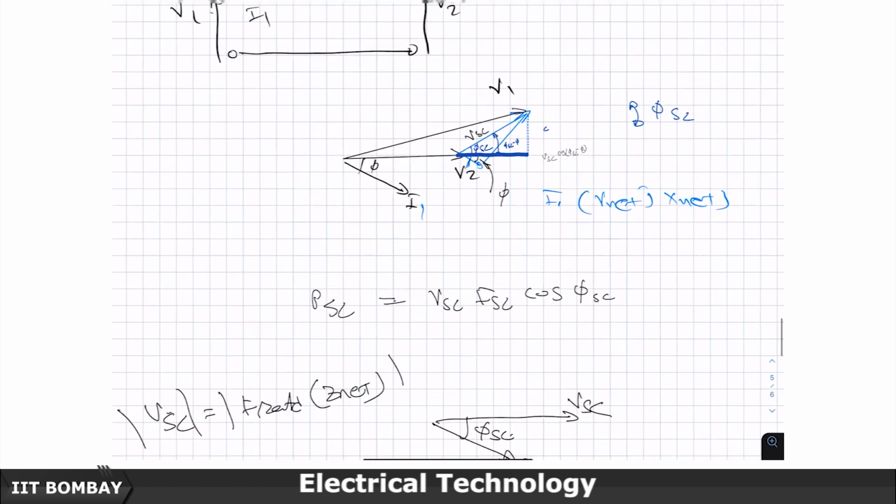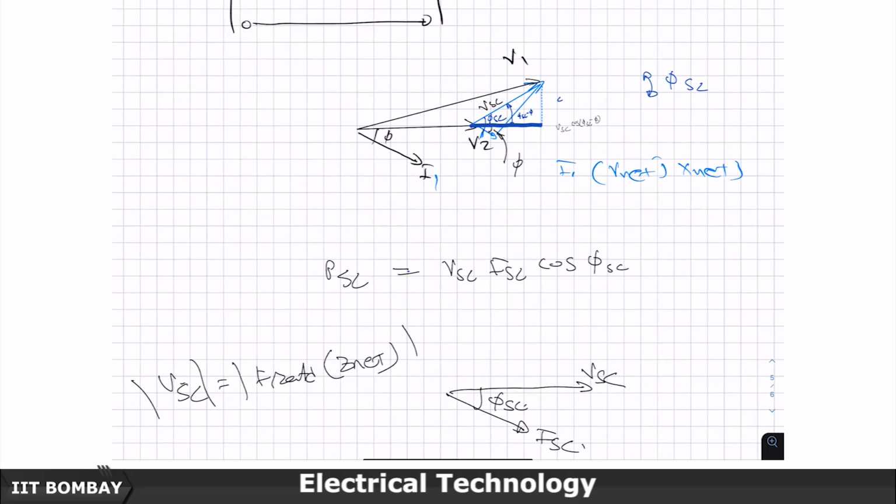As you can see from this picture also, this is not a dominant part; V 2 dash is the dominant part. This is much smaller than what I have shown in the figure, not comparable. So, this will not make much difference, only this will make significant difference in the summation, this square plus this square equal to V 1 square, because this square is a much smaller percentage of this square. So, as an approximation,